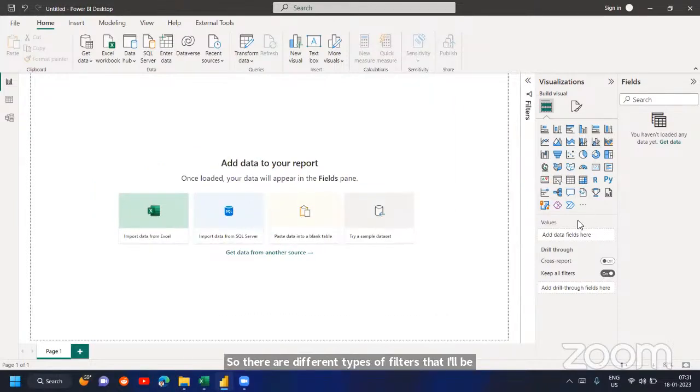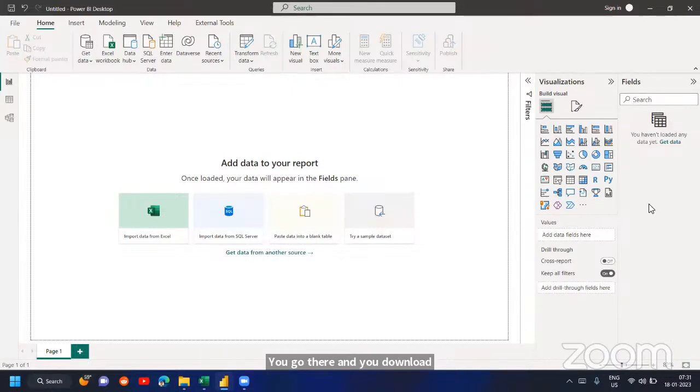Next, we have visualizations, which is very straightforward. Whatever visuals you want to build, all these visuals are here. In case you want to build more visualizations, you can go to the store, but for that you require a license. That's not a big deal. It's just like the App Store. You go there and download it. I'll show that later as well.